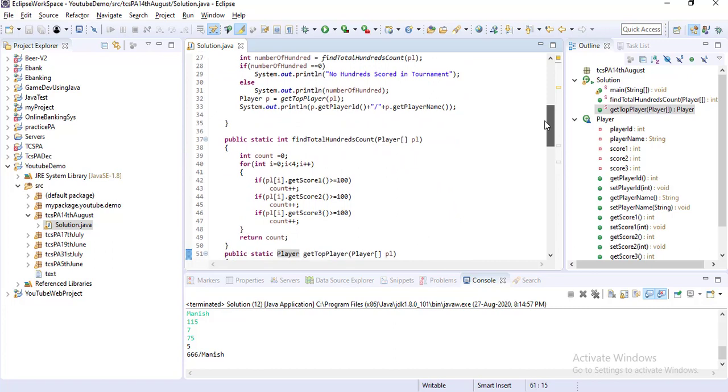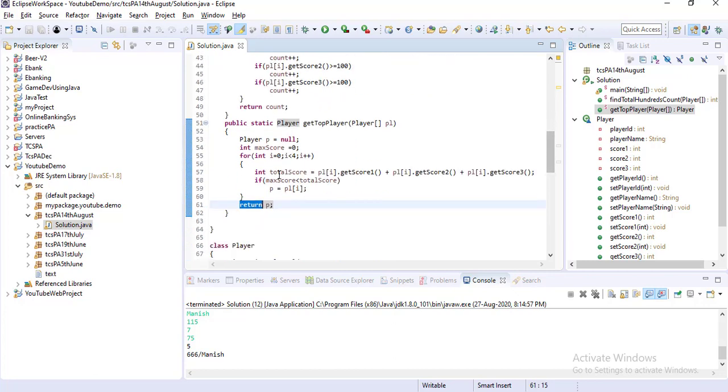Okay, for the second one, inside the for loop, let's go into the second method. Inside the for loop we are calculating the total score, then checking if the max score is less than total score.